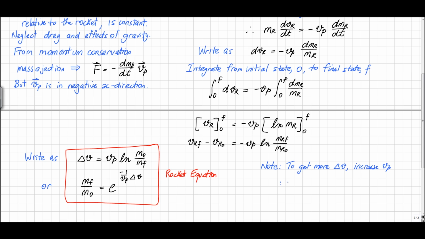So therefore, if we wanted to double our delta v, then we'd have to have 4 times the initial mass for the same final mass. So to double delta v, we'd need 4 times m0. And so this shows us an important point, which is that there are diminishing returns as delta v increases